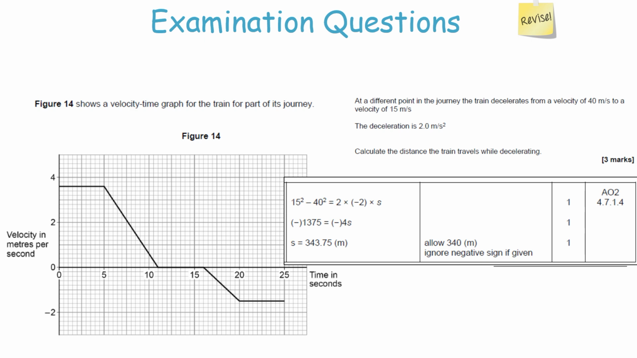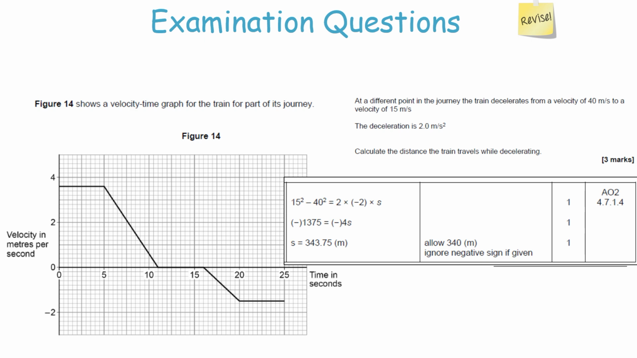So the first thing we do is we write out all the values that we know. So we know v is 15, so it's 15 squared, minus u, which we know is 40, so it's 40 squared, equals 2 times the deceleration, which is -2, times the distance, s. We then work out both sides to get 1375 equals 4s. We can then work s out to be